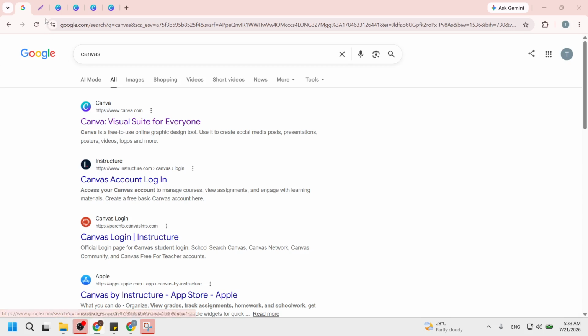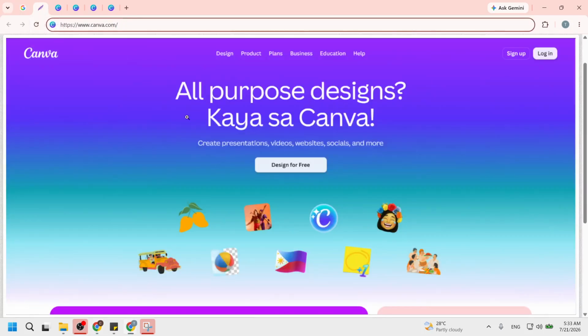Next, click on the correct link that directs you to the Canva homepage. Look for the link that clearly states Canva Graphic Design Video Collage Logo Maker. This link usually appears at the top of the search results. Clicking the right link is important because it ensures you are accessing the legitimate site where all the exciting design tools are found.